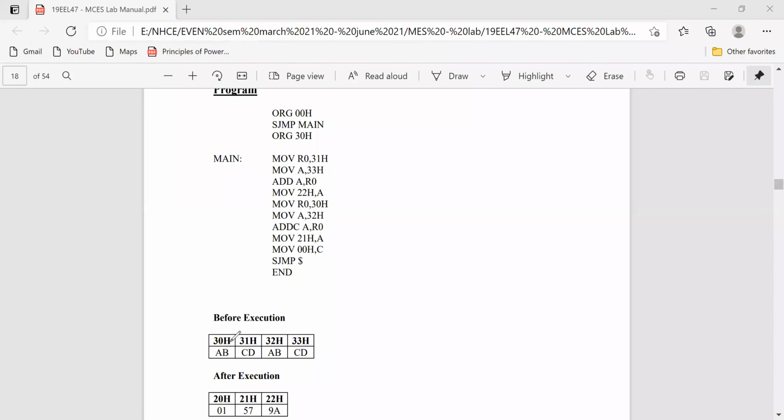Okay, so how many bits does each location carry in memory? Each location carries how many bits? Is it 8-bit or 16-bit? Can anybody answer me? Each location of memory. So for example, this is your internal RAM. What is this AB in hexa form? Is it 8-bit or 16-bit?